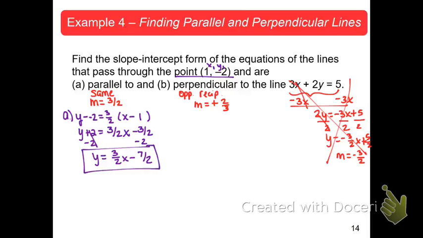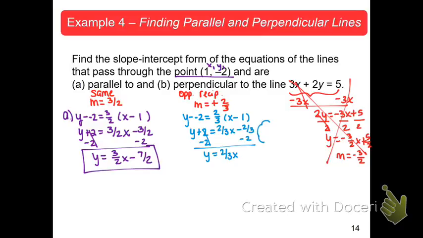Okay, for the line that is perpendicular to it, I'm going to use the same point-slope form, so y minus y1 equals m times x minus x1. Same point, so y1 is still negative 2, m this time is 2/3, and x1 is still going to be 1. So I end up with y plus 2 equals, distribute your 2/3, so 2/3 x minus 2/3. Again, subtract the 2. So we get y equals, well this time I got my 2/3 x still, but